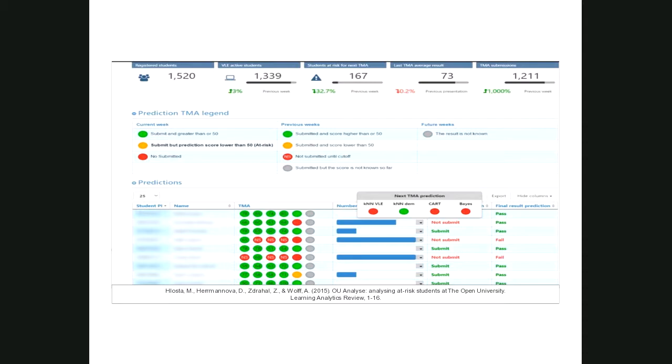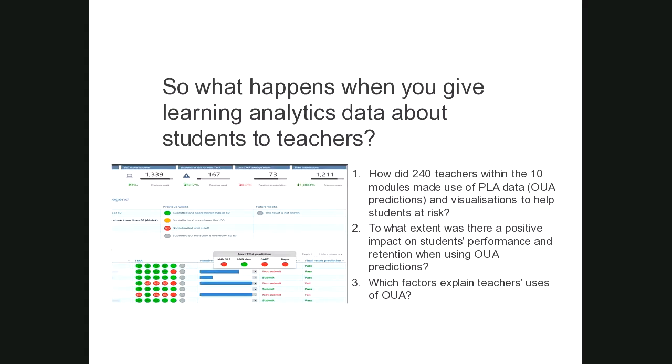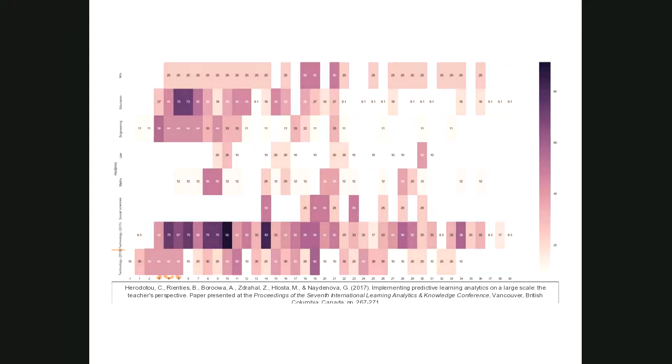At the same time, there is a massive piece of work to be done, because we only convinced 240 out of the 800 teachers to work with the system, and many teachers were quite reluctant to use it. And more importantly, as you can also see from the heat maps, even if we gave teachers access to analytics data, many of the teachers didn't engage with that. So the fundamental question is, how can we ensure that we use the power of analytics to the best of its abilities? And I think that's a big, big, big question.